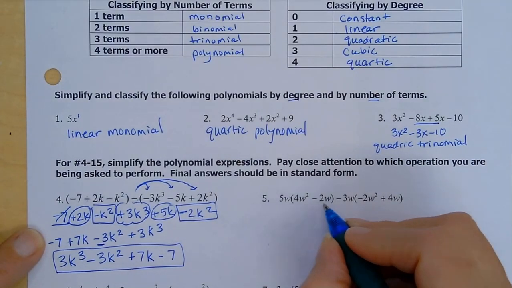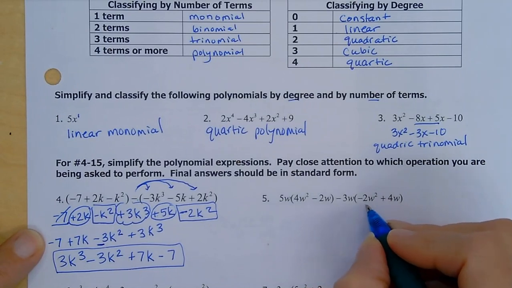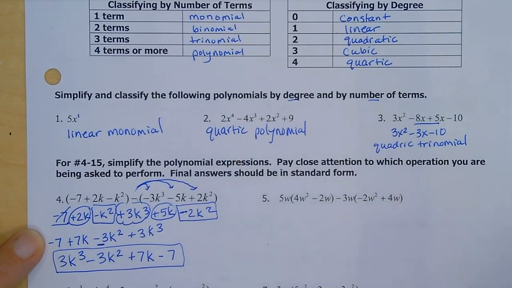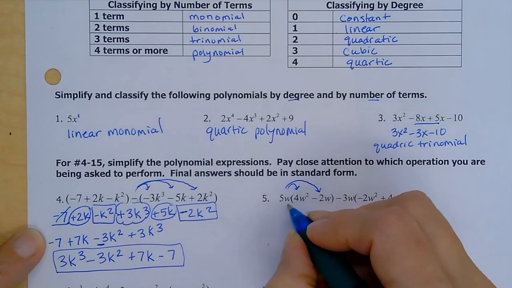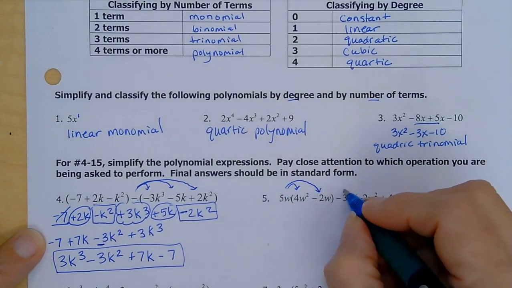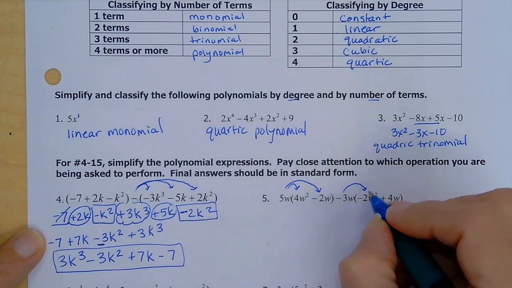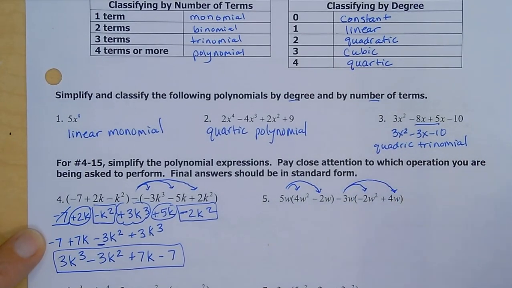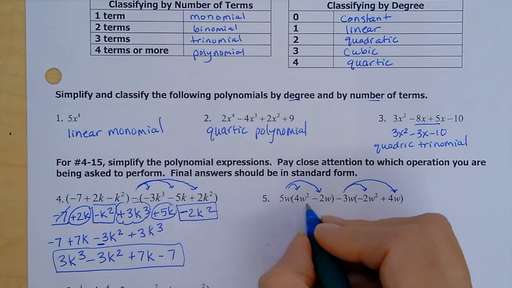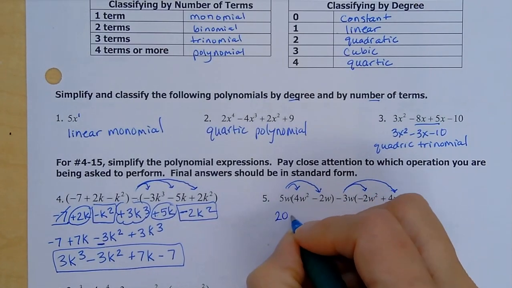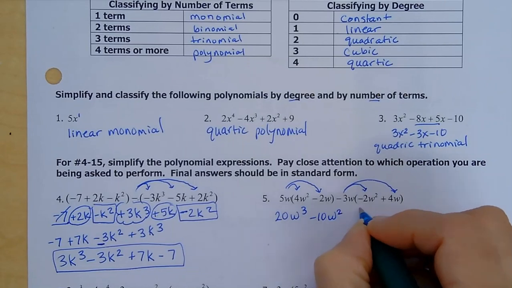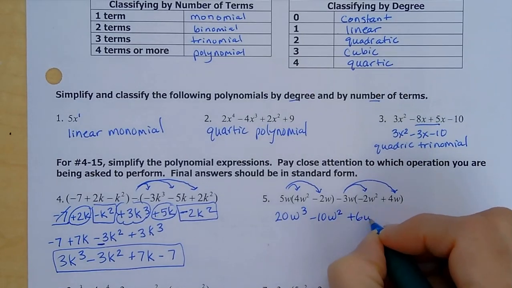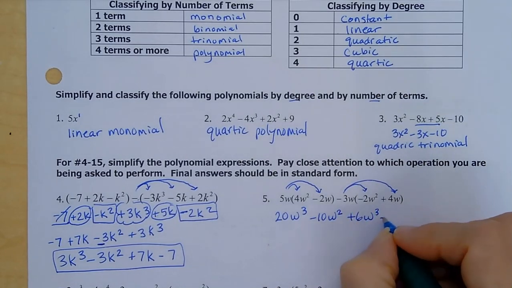All right. 5w times 4w squared minus 2w minus 3w times negative 2w squared plus 4w. I have two things to distribute. So I'm going to distribute my 5w to those parentheses, and I'm going to distribute a negative 3w to everything over here. So 5w times 4w squared is going to be 20w cubed minus 10w squared plus 6w cubed minus